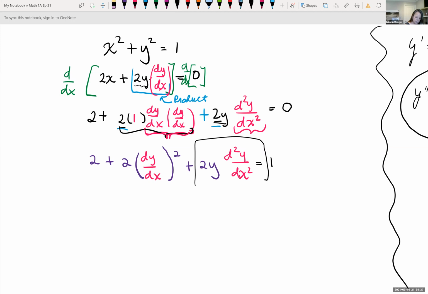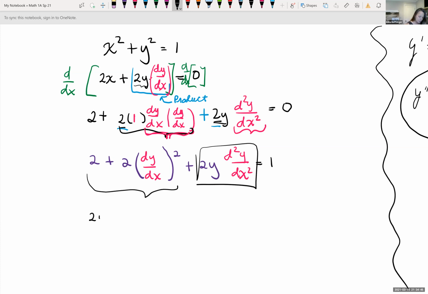I would isolate this piece. So let's subtract these and get those on the other side. We get 2y, the double derivative of y with respect to x, is equal to, so let's subtract this. I get -2 minus 2, the double derivative, or not the double derivative, dy dx quantity squared. So let's factor out a -2 on this side. That would give me 1 minus